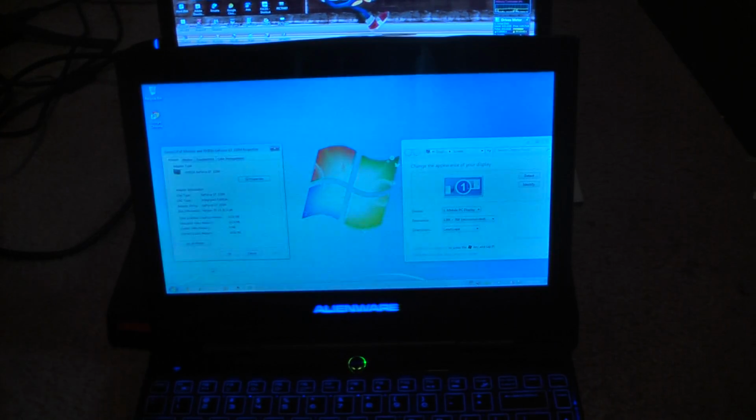just Windows 7. I just wanted to test to see how this would handle, and right now it needs a few things fixed. Like one, the left side of the keyboard is bad. It either needs to be replaced or tightened down. But I have this here to show that it's got a GeForce